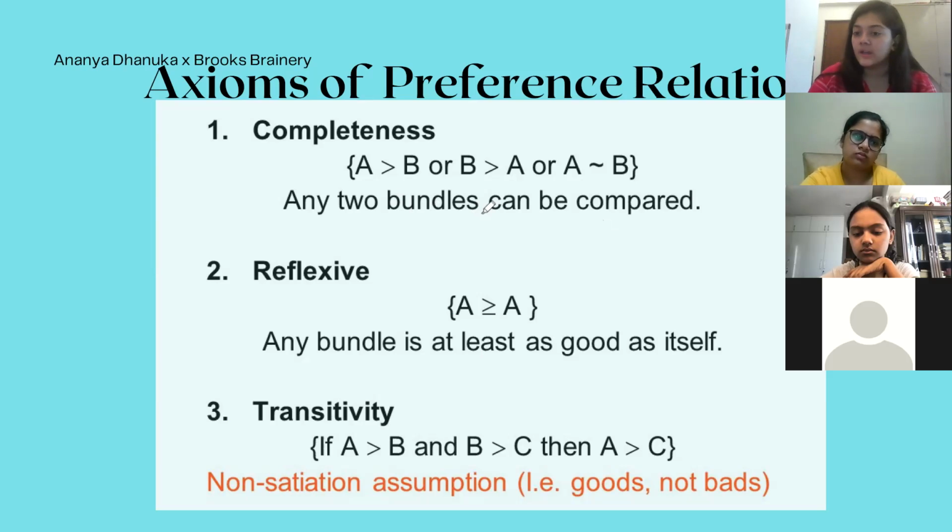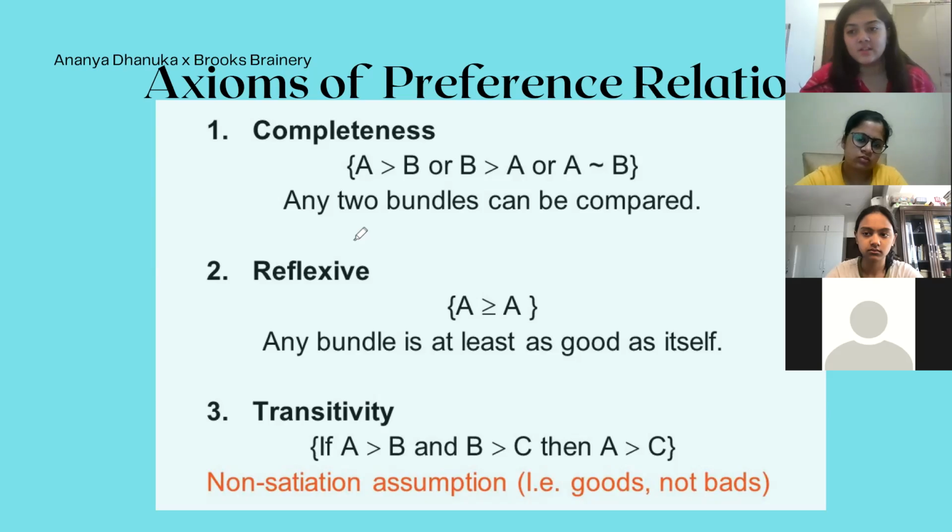All right. So if I've given you two commodities, you have to tell me which one you prefer or if you're indifferent about them, but it's important to categorize them. So that's what completeness refers to, that your preferences are complete in nature. There can't be any inconsistency between the preferences that you have. The inconsistency we'll also talk about in transitivity.